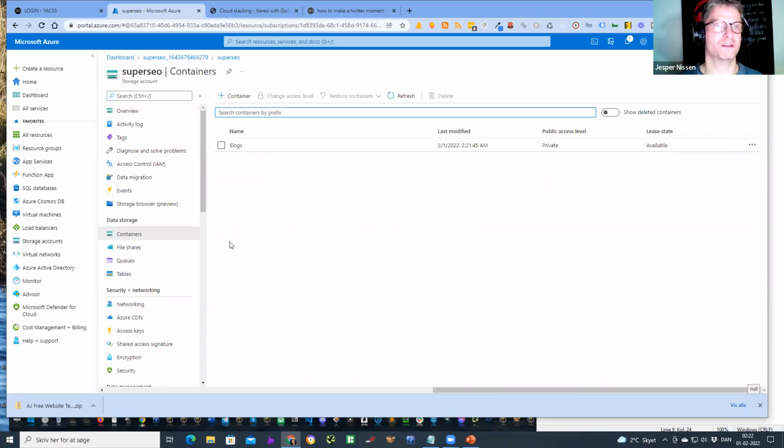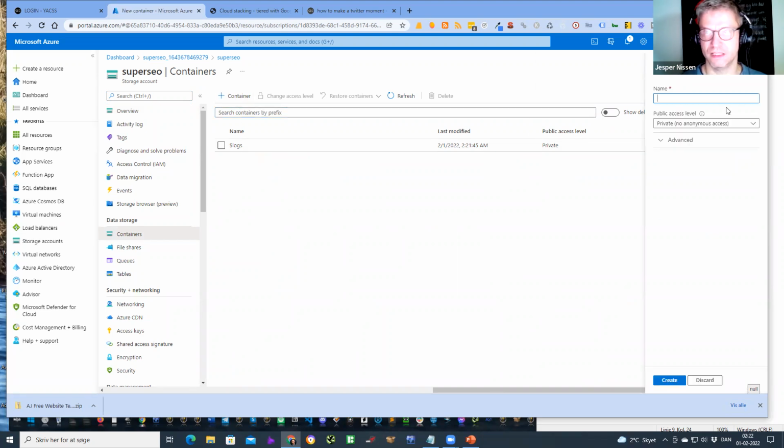Containers are like folders. So when I click container here, I can call it SEO. And then I need to select the public access level.